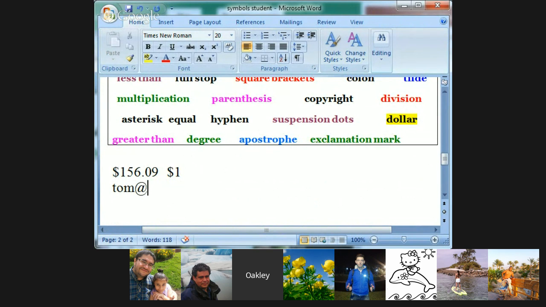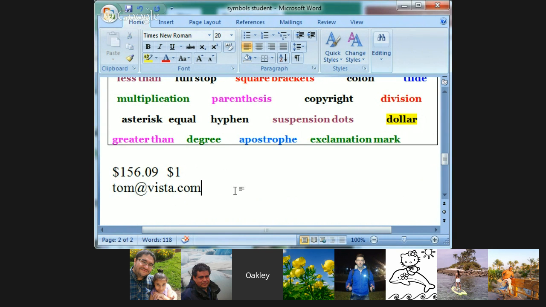It's related to the internet. Yes. Okay. All right. It's used for internet addresses or email addresses. Yes. Okay. So how do you speak it? As an example, Tom at